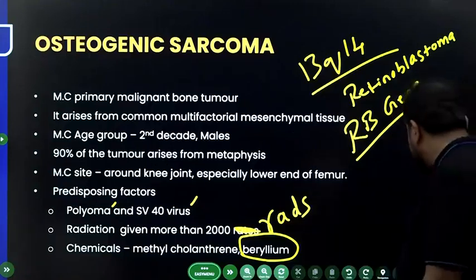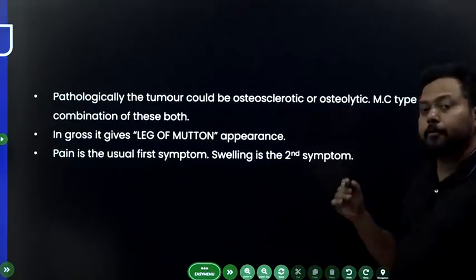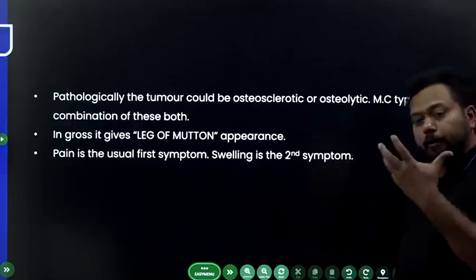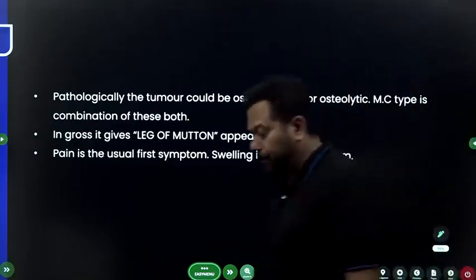osteogenic sarcoma. Pathologically, the tumor could be osteosclerotic or osteolytic, but the most common type is a combination of osteosclerotic and osteolytic. A mixed type is the most common type. On gross appearance, an osteogenic sarcoma gives a leg of mutton appearance, and on clinical presentation, the most